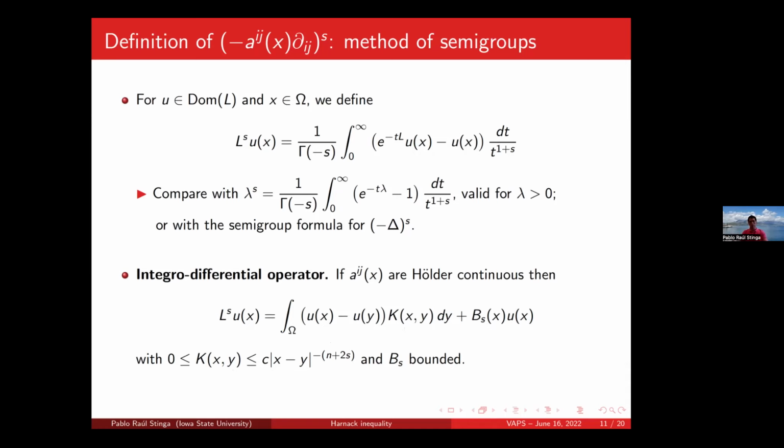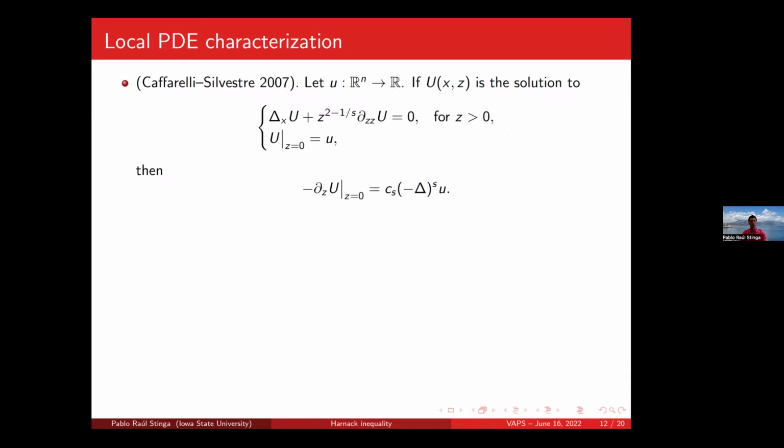Now we want to prove the Harnack inequality. For that, we're going to use the extension problem. Let's recall the Caffarelli-Silvestre extension for the fractional Laplacian. If you have a function u of x in R^n, you do the extension by solving this general elliptic PDE: u is the trace, and the extension capital U solves this elliptic equation, with the Laplacian here in X. I wrote the extension equation in non-divergence form because my operator L is in non-divergence form. There is another version in divergence form, which perhaps people are more familiar with, but with a change of variables you can eliminate the dy term that usually appears, and you have this non-divergence form